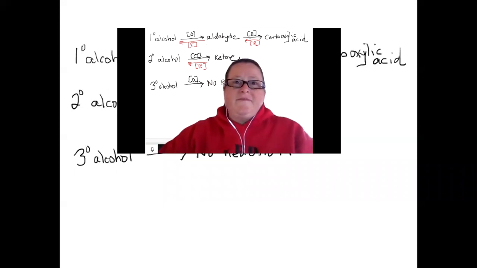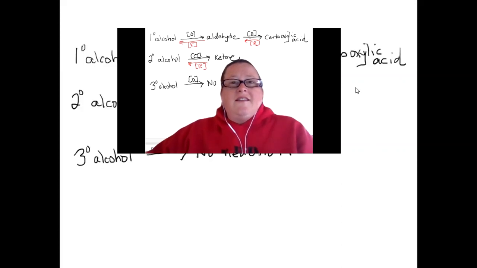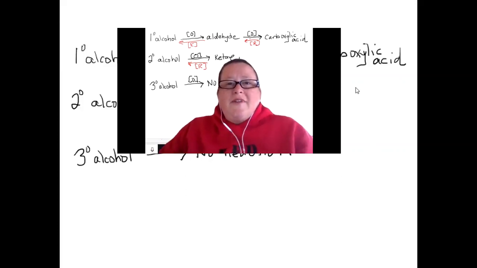We were introduced to this in our alcohols unit when we learned that primary and secondary and tertiary alcohols undergo oxidation in different ways. And we elaborated on it in our aldehydes and ketones unit, where we learned that aldehydes could be oxidized to carboxylic acids or reduced to primary alcohols, and ketones could be reduced to a secondary alcohol, and our tertiary alcohols don't undergo oxidation or reduction. And today we get to see that application in